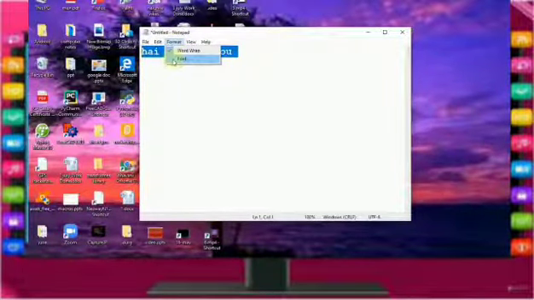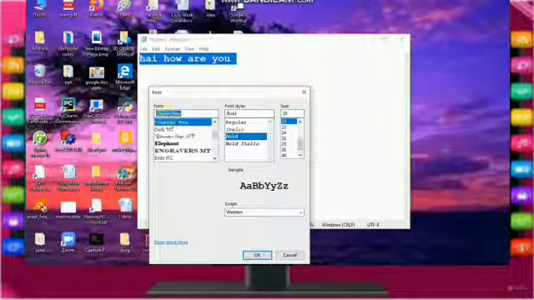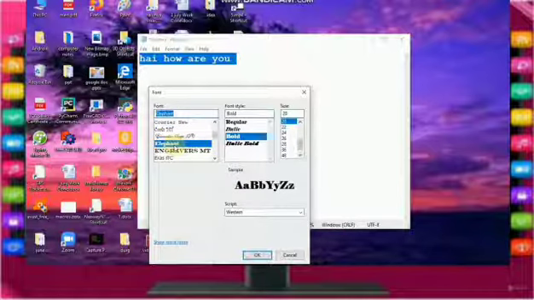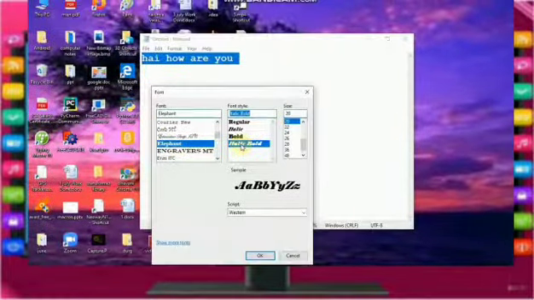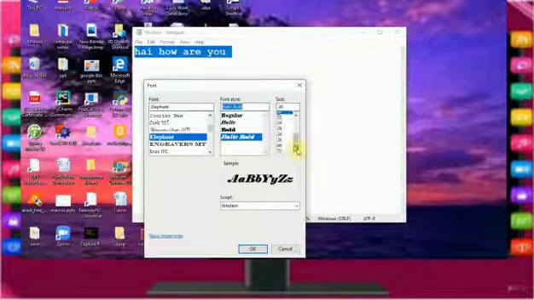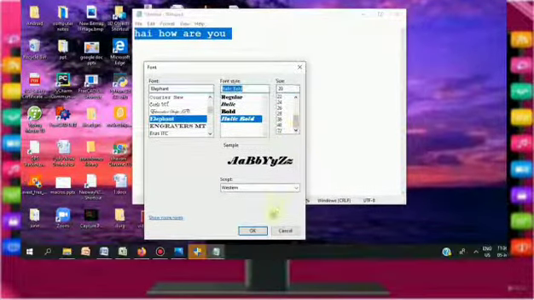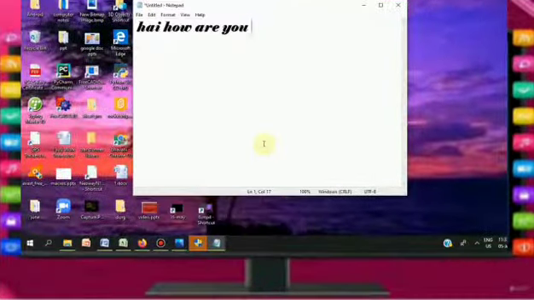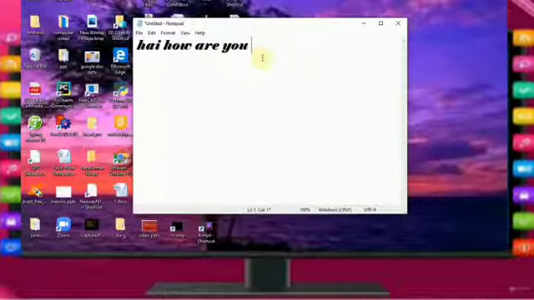Now click on Font. This is the font list box. In this, whatever font you want, you can select. I am selecting italic. Font size varies from 8 to 72. Click on OK. Now you can see the font style and font size have been changed.